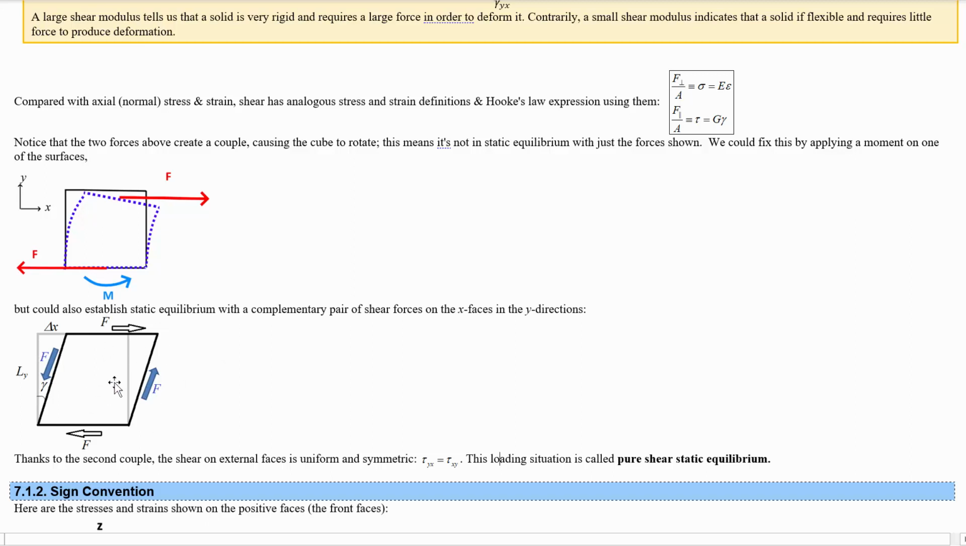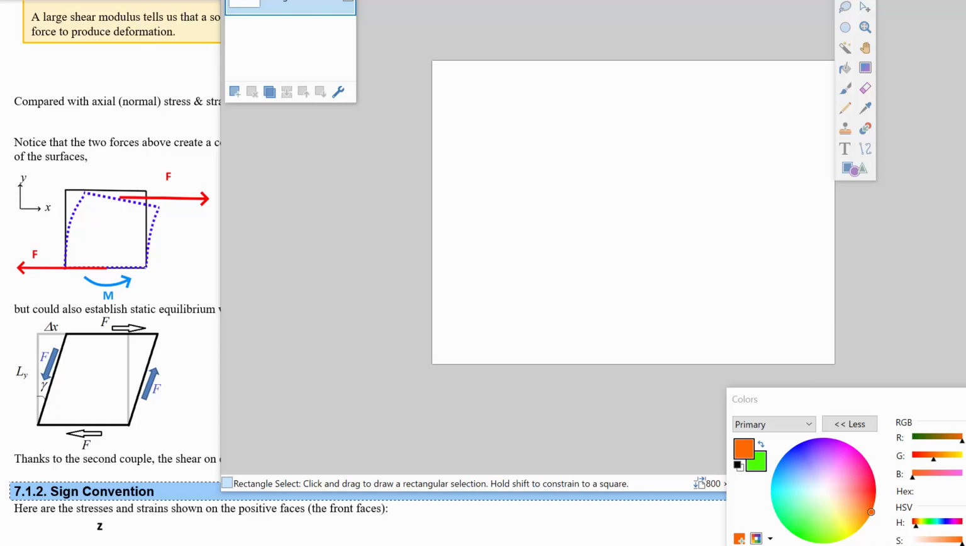But if it's not a square, right, like imagine it's a rectangle, then we would have a different force applied on the side in order to create the same couple. Let me show you what I mean. If we take,